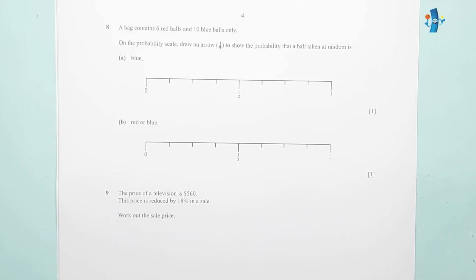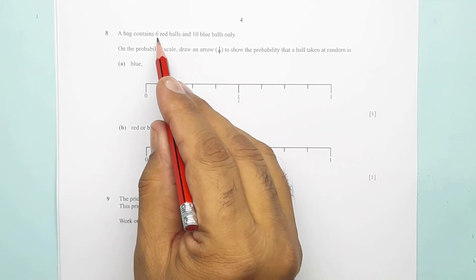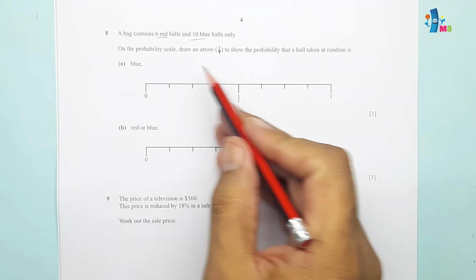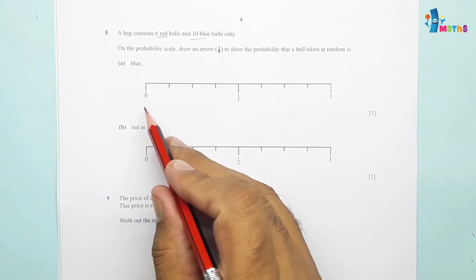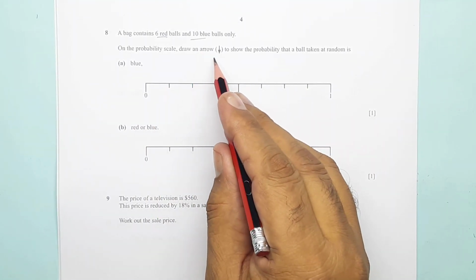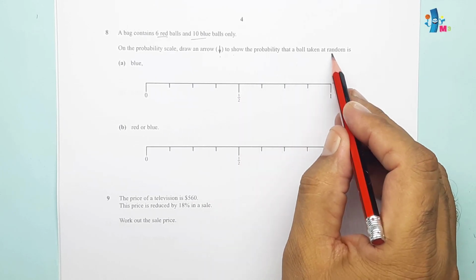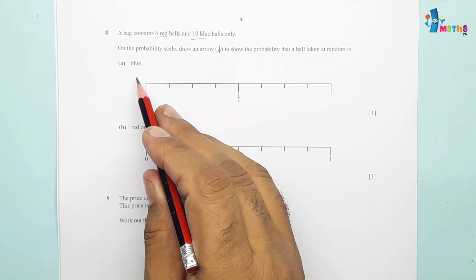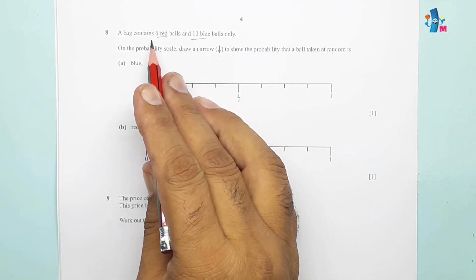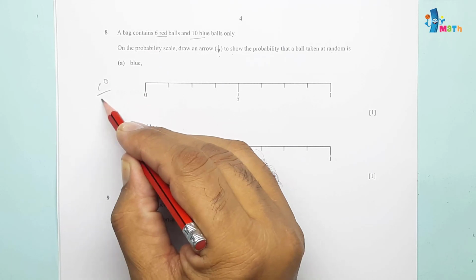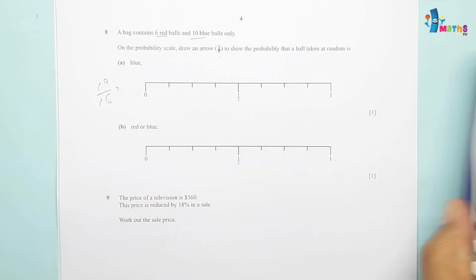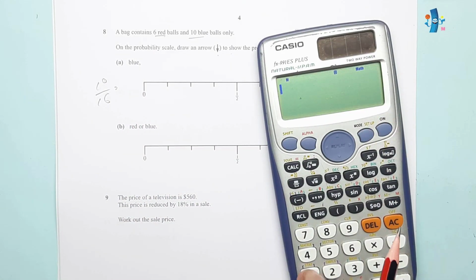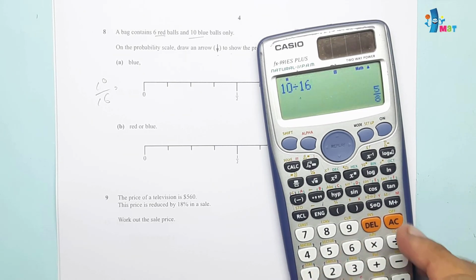A bag contains 6 red balls and 10 blue balls only. So 6 and 10, only 2 types of balls are there. On the probability scale, draw an arrow to show the probability that a ball taken at random is blue. So blue is 10 out of 16. 10 divided by 16 will be equal to